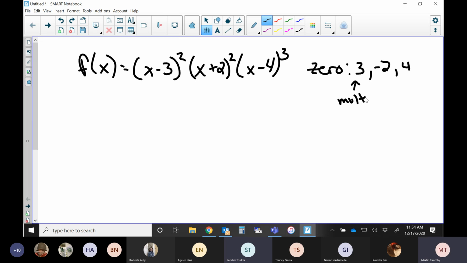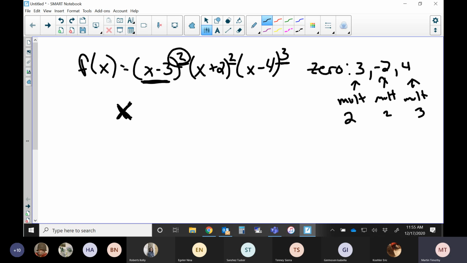Okay, well, so listen. The multiplicity has to do with this power that's attached to that. So this has a multiplicity. Do you see where this is where the 3 came from? So it has a multiplicity of 2. Okay, what is the multiplicity of the negative 2? 2. And what is the multiplicity of this one? 3. Now, when you add up all the multiplicities, that will tell you the